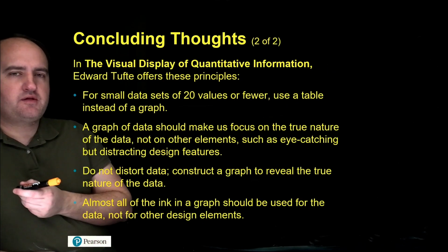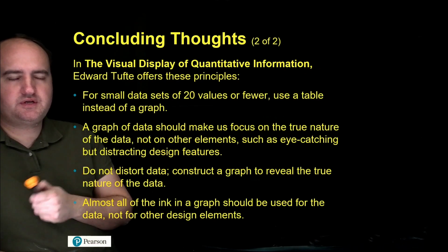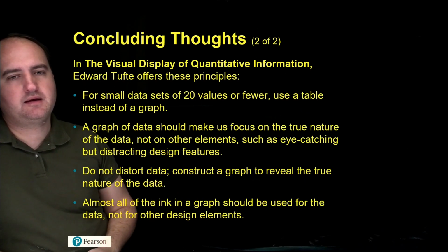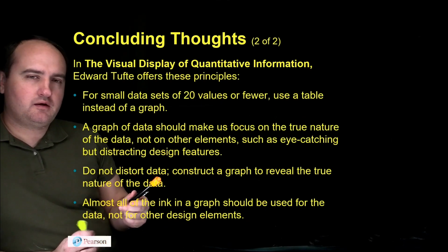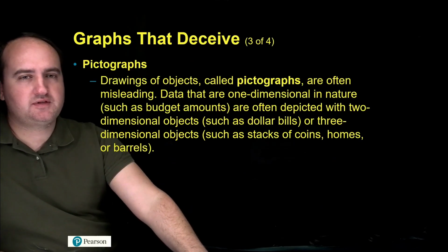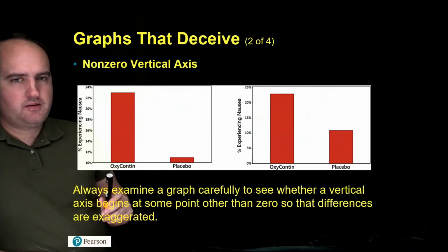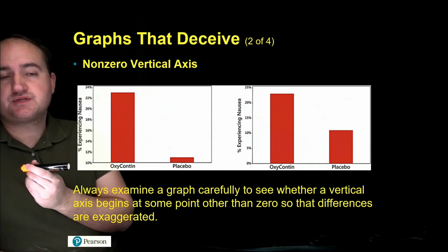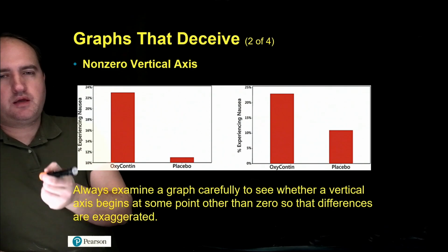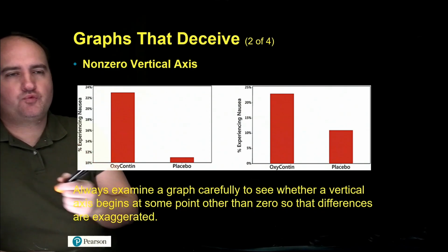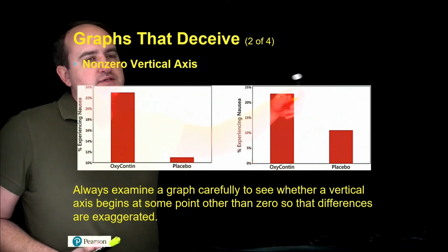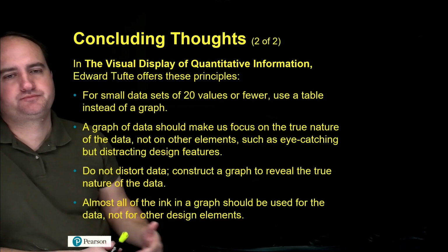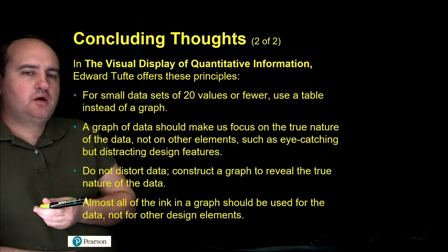Okay, another recommendation of that author is do not distort the data. Construct a graph to reveal the true nature of the data. In particular, here we saw how you could grossly distort the data by starting, for your vertical axis, at some number other than 0. That gave us a very distorted graph, whereas the truth was this graph on the right. This is what it's supposed to look like. Okay. Right, and then his last